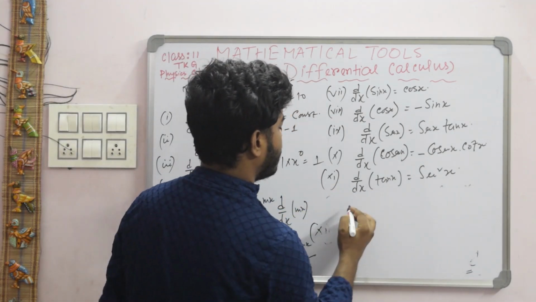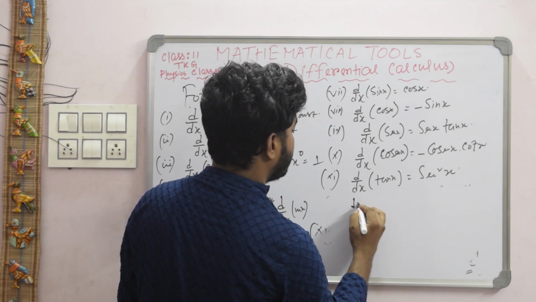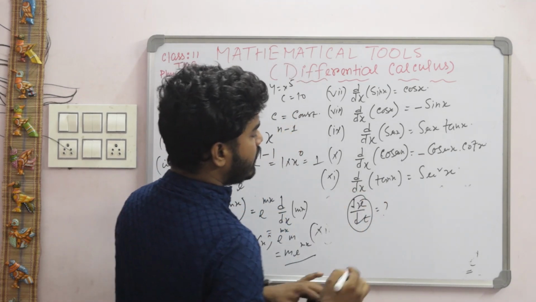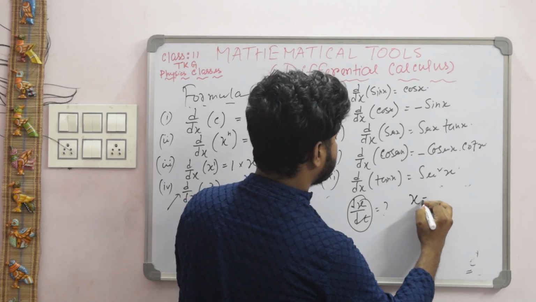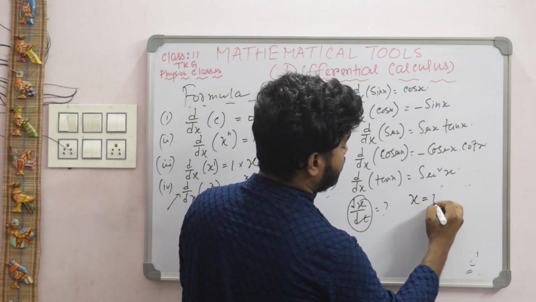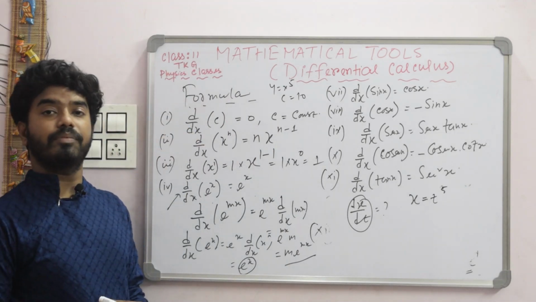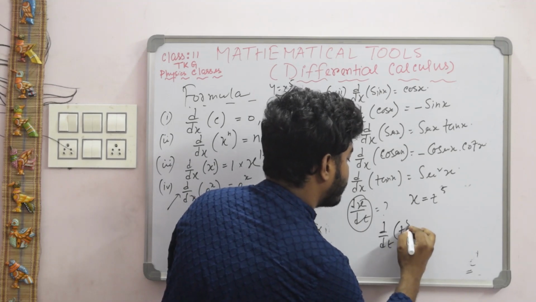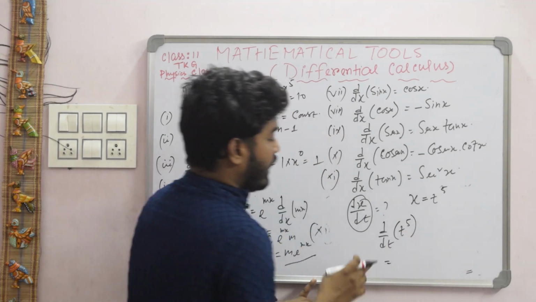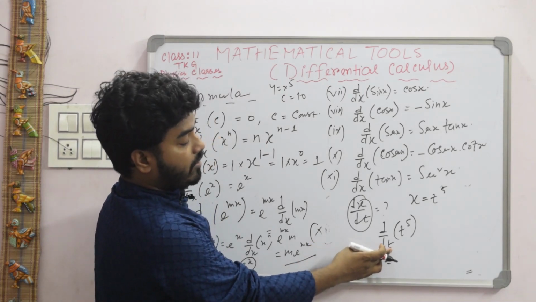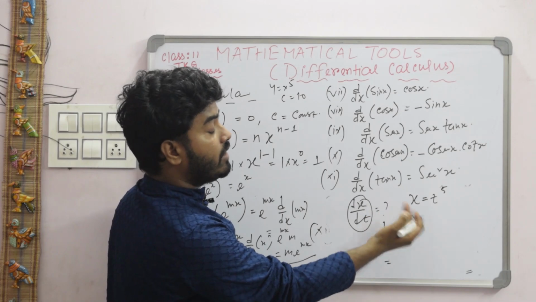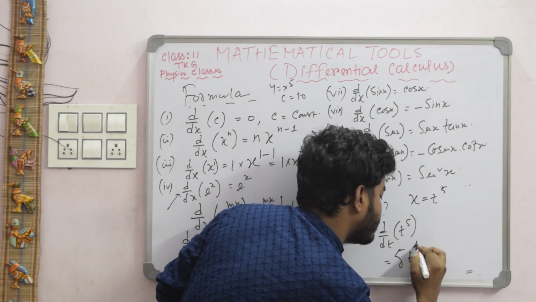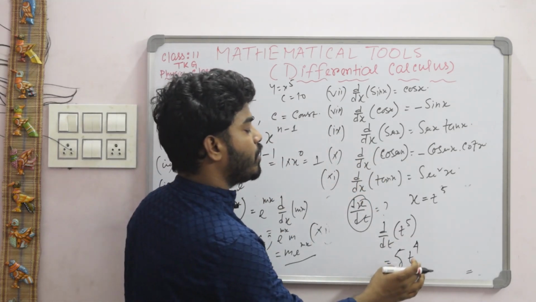Suppose you need to find out dx/dt. You need to find this value dx/dt, and according to the question, x is given as t to the power 5. What will be the answer? Okay, solve it. That is d/dt of x, that is t to the power 5. So just check it. Here you differentiate with respect to t, and there is a function of t. Then this differentiation will happen, and the answer will be 5 first of all, then the power decreases by 1, that is 5 t to the power 4.